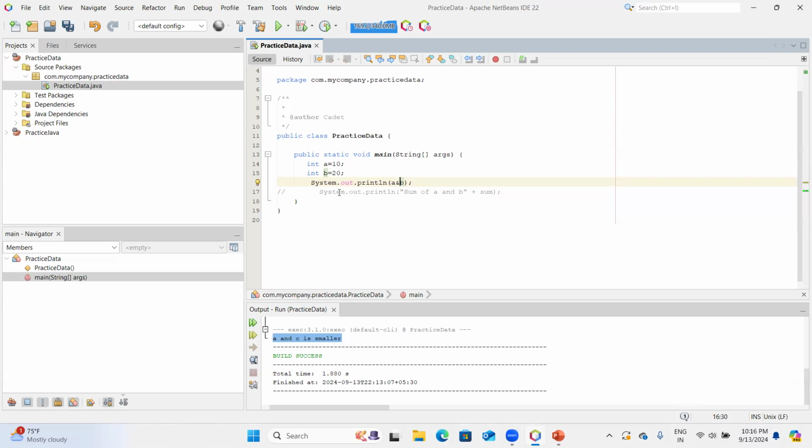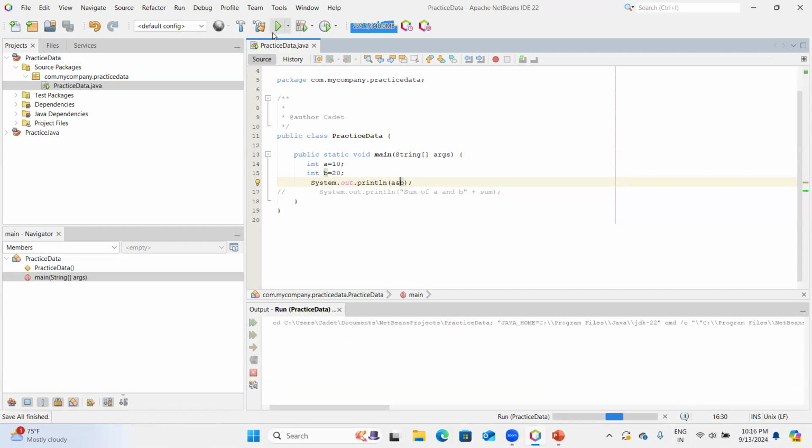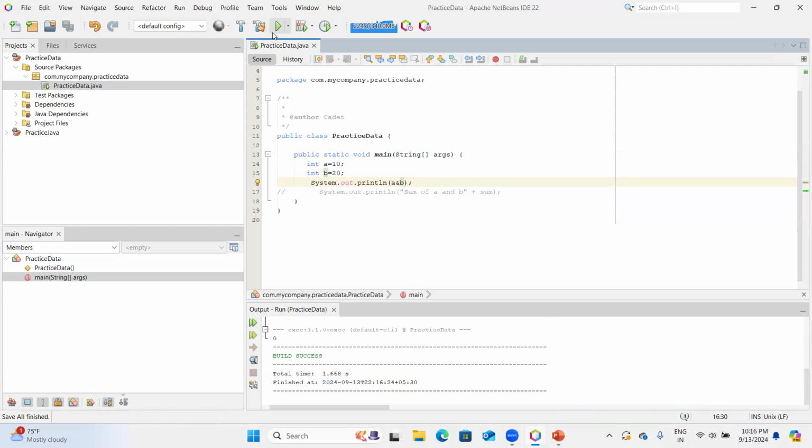Here we can use bitwise operators, as they will compare the binary values of A and C, and then give me the result. Now let's run it. Now here I am getting the value as 0. Why am I getting the value as 0? Let's see. When we convert A into its binary form, its binary form will be 1010. And the binary form of 20 will be 10100. So when I perform the AND operation between both,